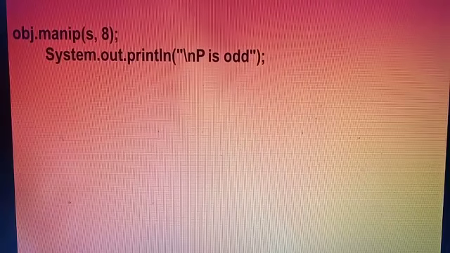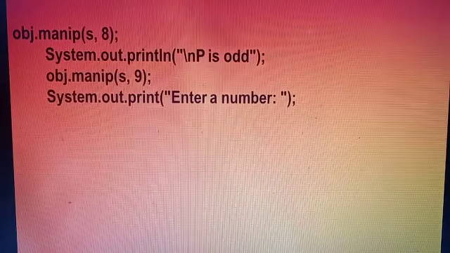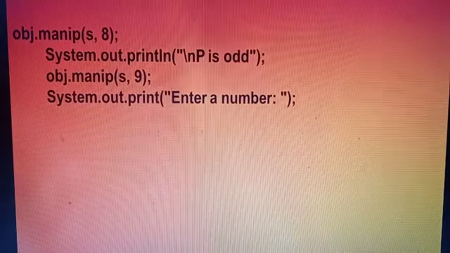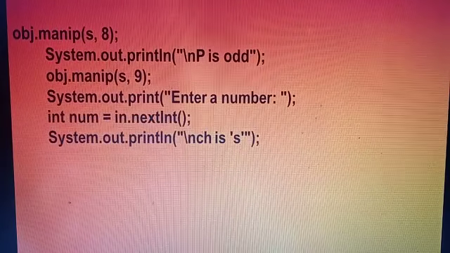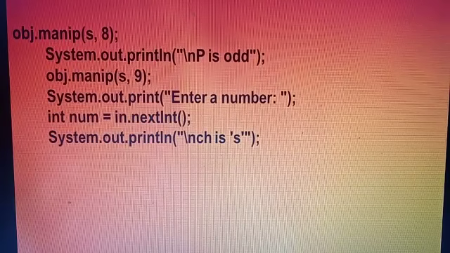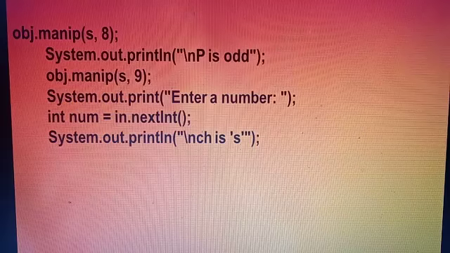Then System.out.print, that is odd or even, you have to see. Then obj.manip(s, 9), that is you enter a number. Then int num is equal to in.nextInt. Then System.out.println \n ch is s.